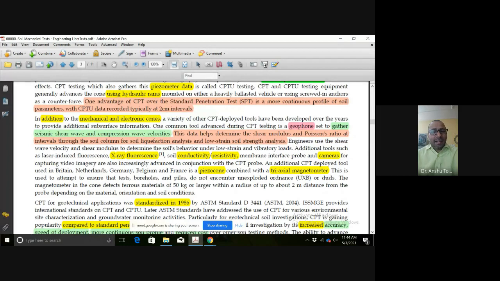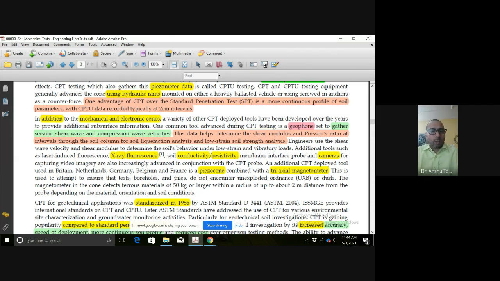Further, now in recent times, even geophones are being added into the cone, which gives us the direct shear wave velocity and compression wave velocity, which I told you the other day are used for quantifying the shear strength of the soil strata, which is quite important for earthquake resistance evaluation. Whenever we have ground acceleration, that is lateral load on the soil strata, then the shear strength, not the uniaxial vertical strength, but the shearing resistance of the soil, is important for finding out the liquefaction potential of the soil strata.